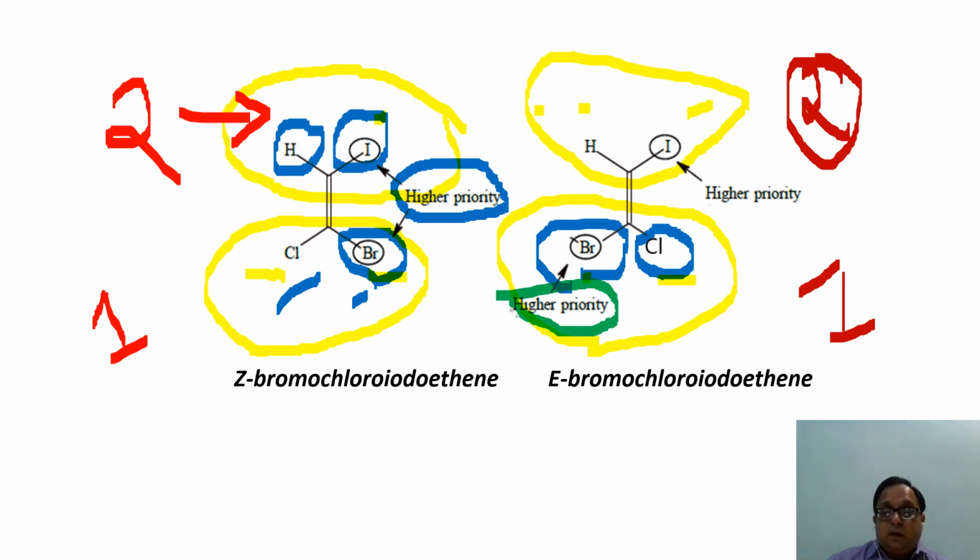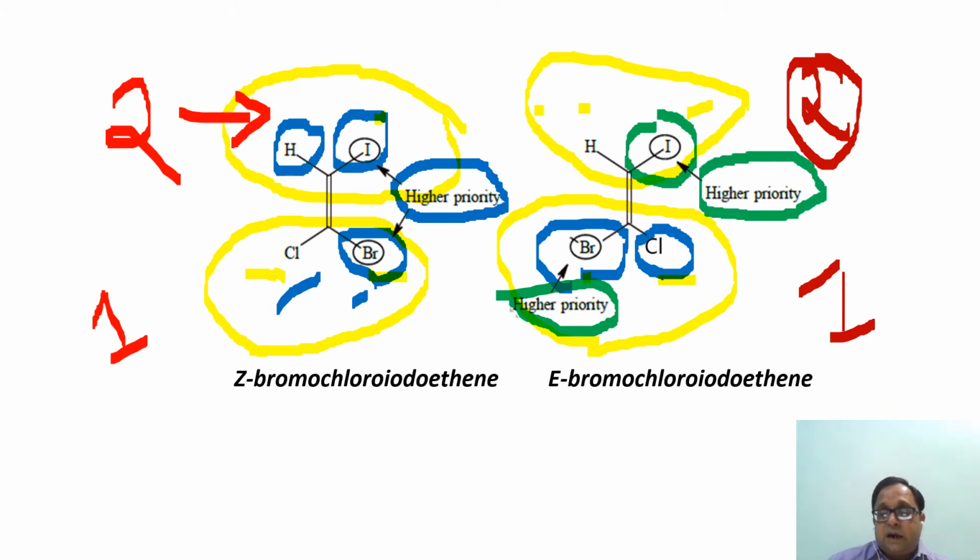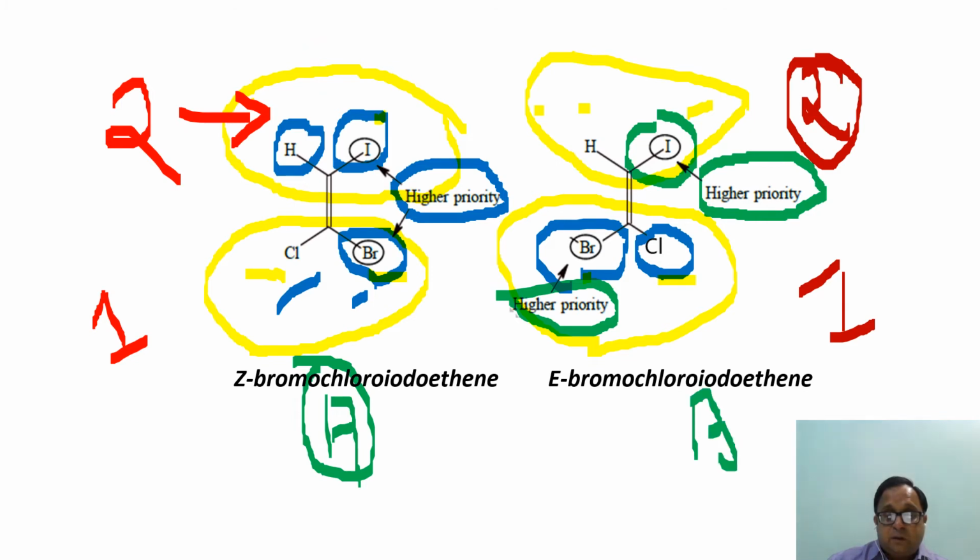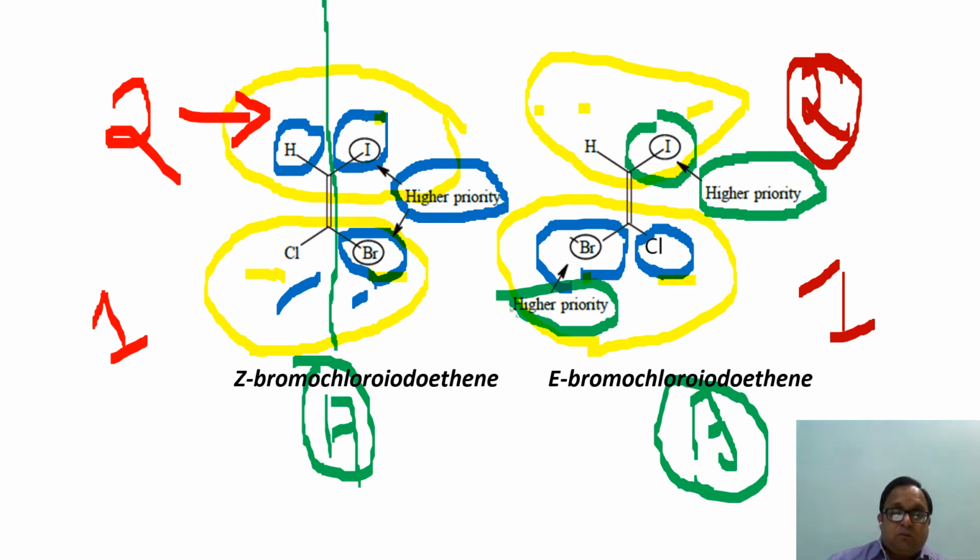Bromine. Now upon this carbon, iodine is getting higher priority. So in both the structures, we have decided the higher priority substituent on both the carbons. Now see which carbon in case number 1. I am calling it case number A, better to say, to avoid any confusion. Case number B. In case number A, both the higher priority atoms are on the same side of the double bond. So that's why it has been assigned the configuration Z.